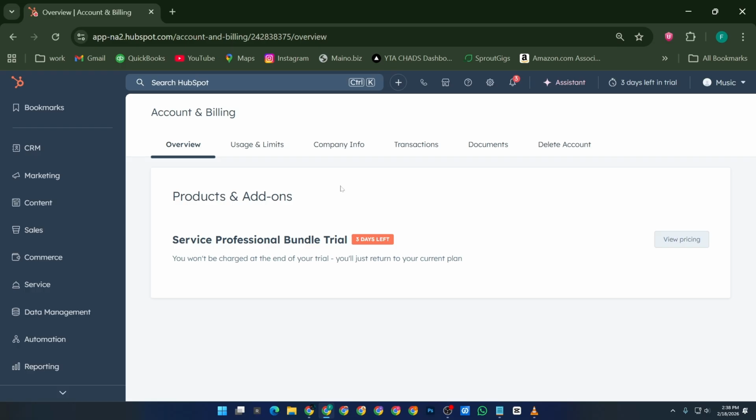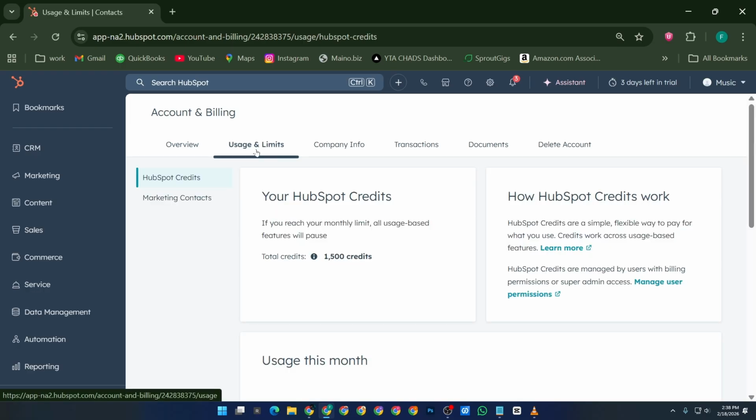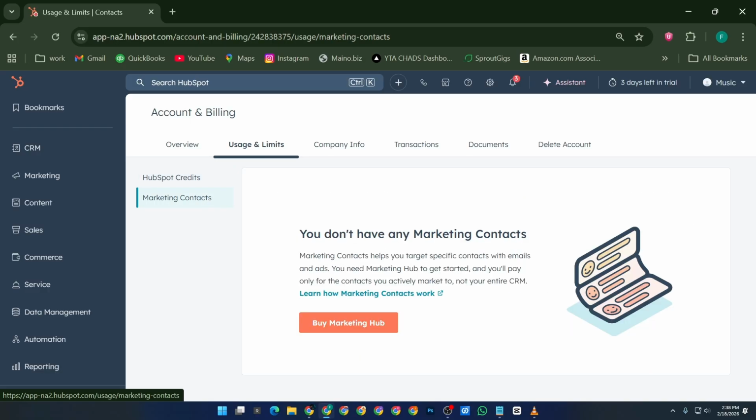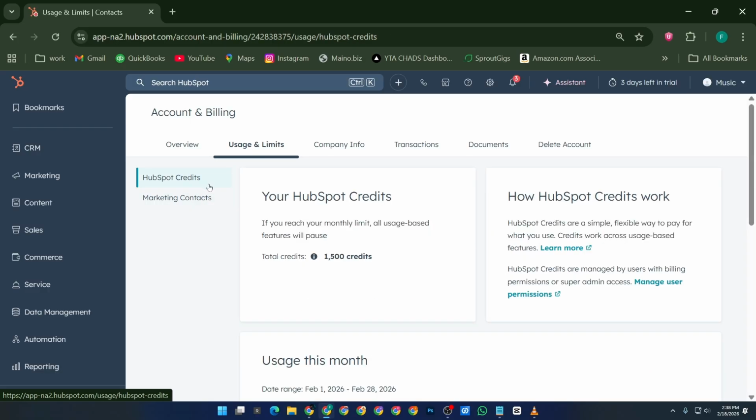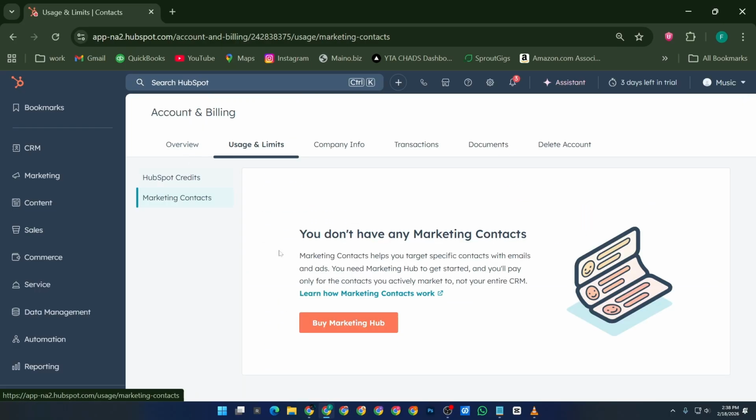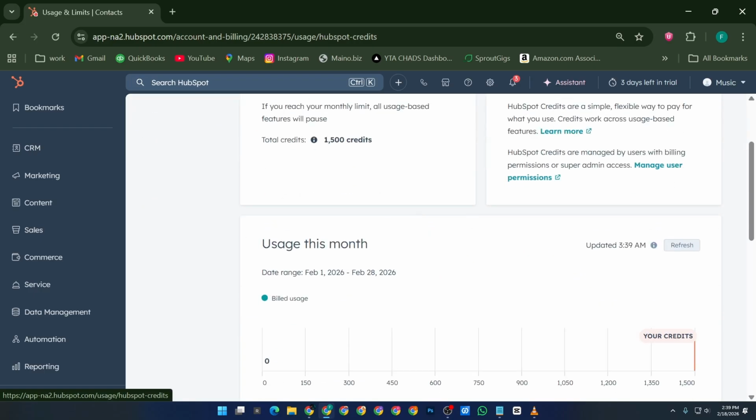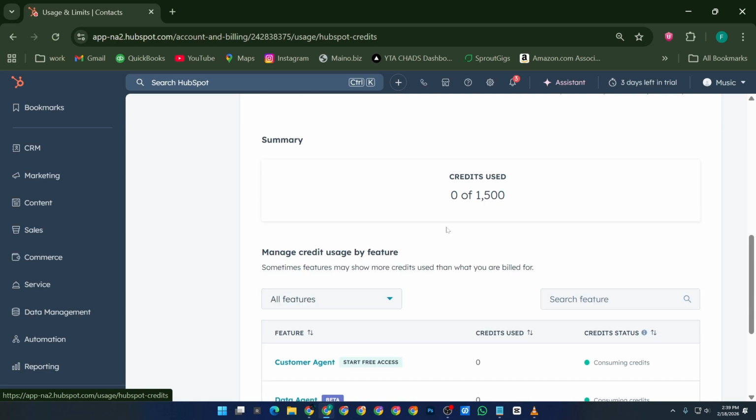After you're in the Account and Billing area, navigate to the Usage and Limits tab. This section gives you a clear overview of how your account is currently being used. Here, you'll see a few important numbers. Your current marketing contact count. This tells you how many contacts are marked as marketing contacts. Your contact tier. This shows the limit included in your subscription, and your total number of contacts stored in your